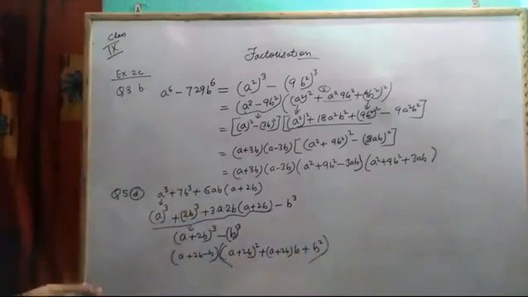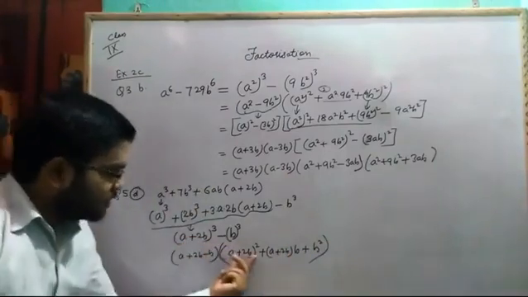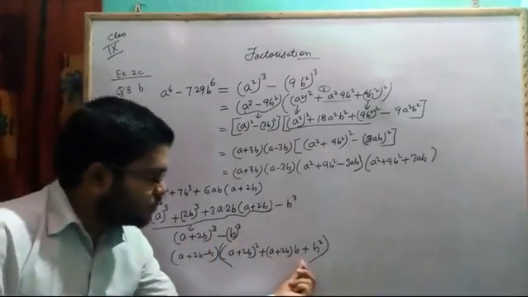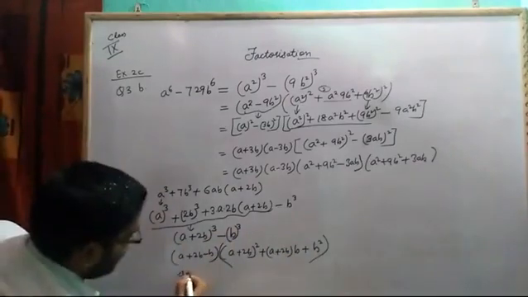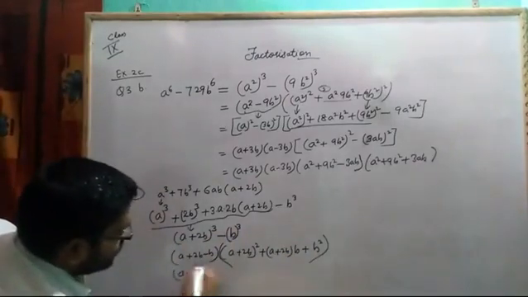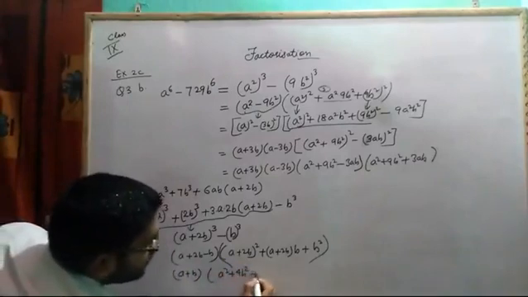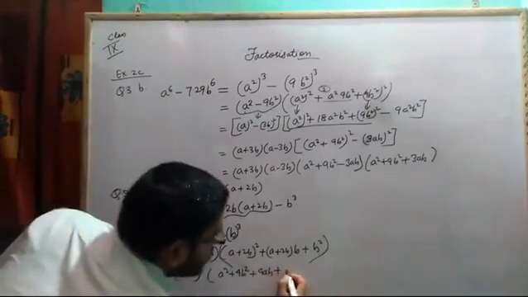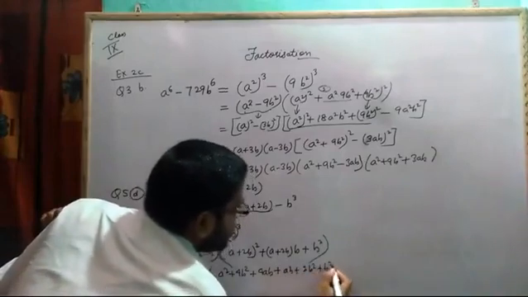You have by-hearted this one. First term minus second term, bracket, first term square, then first term into second term, plus second term square. Now we will simplify this. (a + b), 2b minus this, then we will have a square plus 4b square plus 4ab plus ab plus 2b square plus b square.